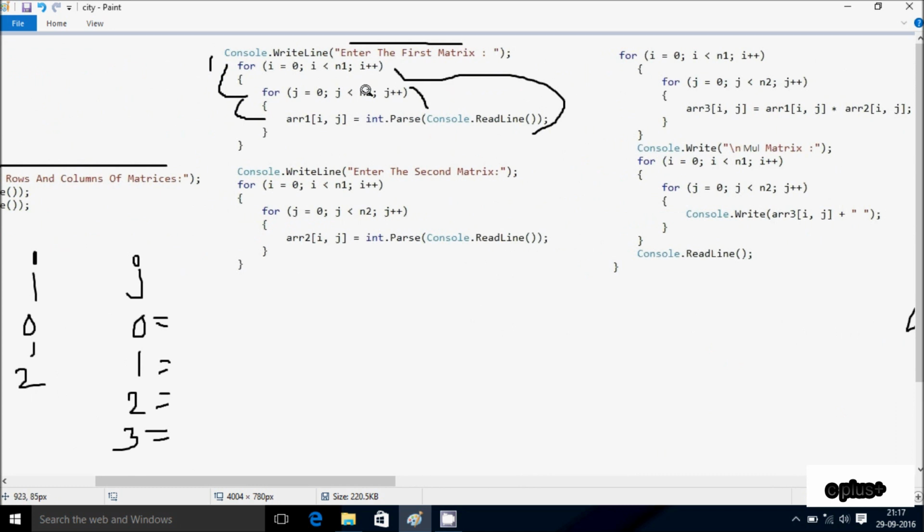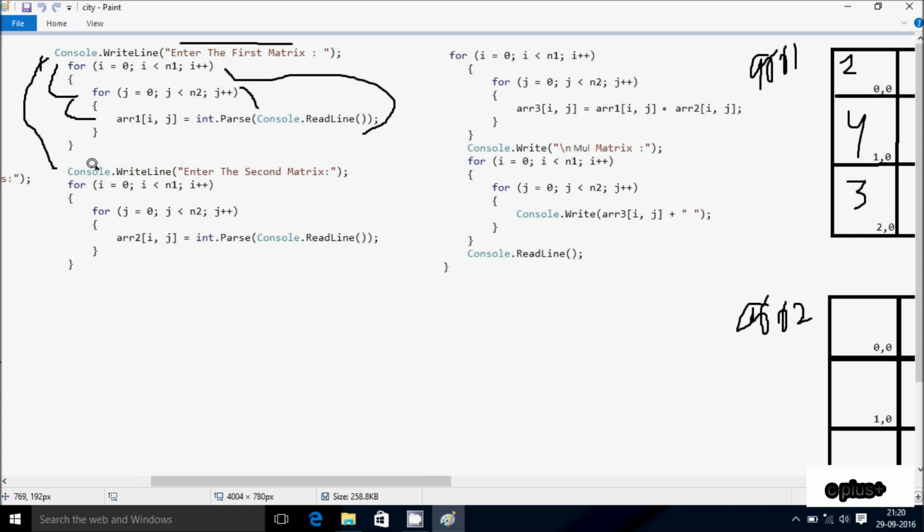Check the condition: 3 less than 3, the condition is not true, not coincide. Hereafter, I increases, so I is 3 now. Check the condition: 3 less than 3, the condition is not true, not coincide. Hereafter, control comes to this point. Here the Console.WriteLine method enters the second matrix message, so this is displayed on the output